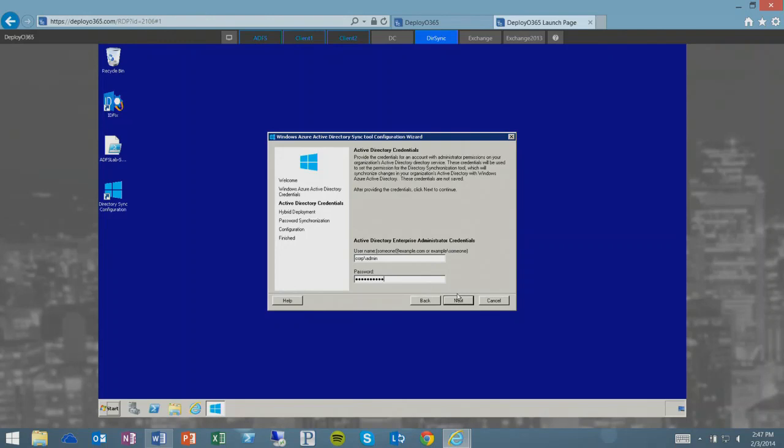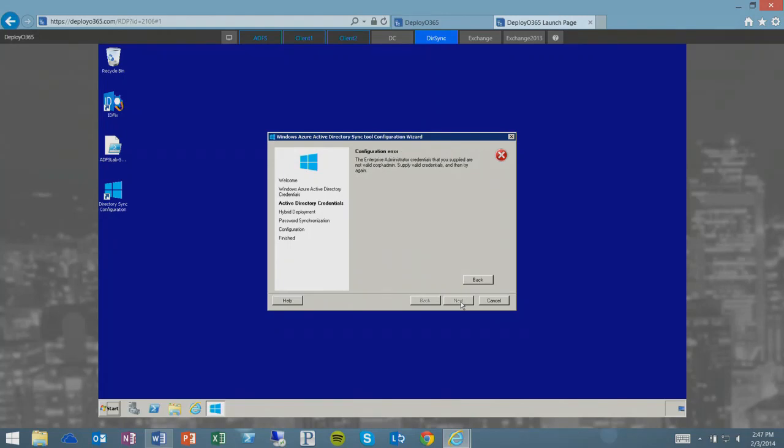And I need to be the administrator from that perspective of my on-prem, because what this is going to do is take a snapshot of AD, push it up to the cloud, and be done. And then I have activated, or I have DirSync users who I can assign licenses to and activate. So it's just taking a second as we go here.